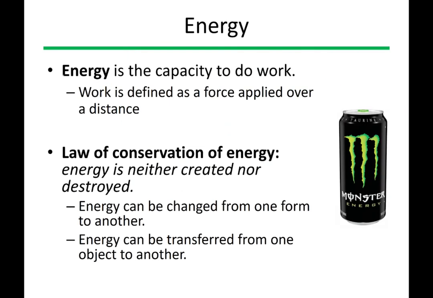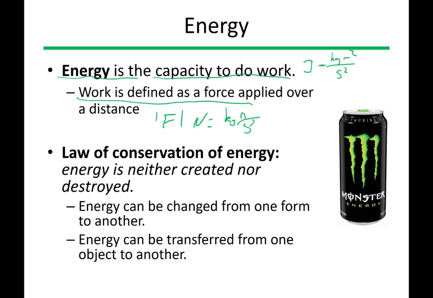Energy has a few different types, but we'll focus first of all on what it is, and it's the capacity to do work. The units for energy, I'll remember, are joules. This is a compound unit, so a joule is equal to a kilogram meters squared per second squared. And we can see here that work is a force applied over distance. So force, in newtons, is kilogram meters per second squared. And then if we're multiplying that by a distance, we get our unit for joules. So work and energy have the same units.